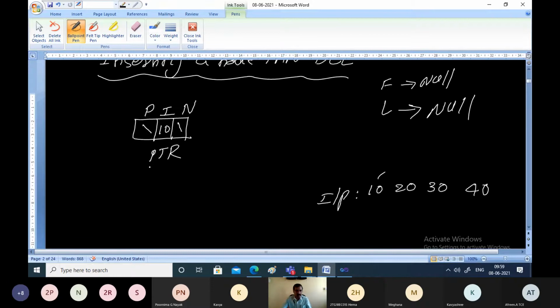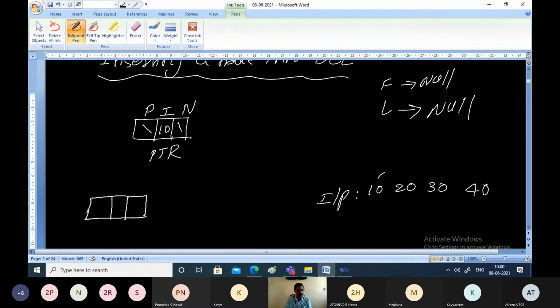We have taken one node and it has to be inserted into the linked list, which does not exist yet. Let us assume that we will create the linked list here. Before you insert this, first check whether first is null and last is null. If first is null, it indicates there are no nodes in the linked list, and this itself will become the very first node. So this is the first node of the linked list now: information field 10, next pointing to null and previous pointing to null. In addition, first points to the first node and last points to the last node.